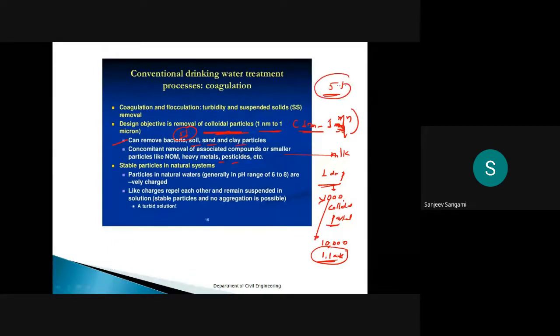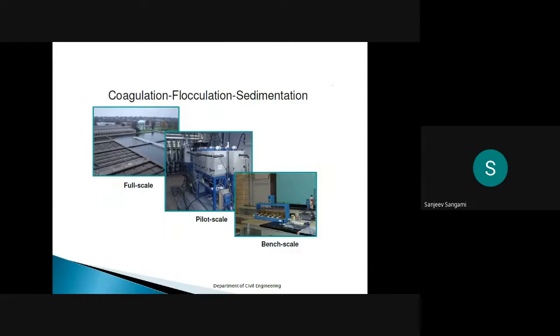You can remove all these things up to 5%, but majorly it is to remove the colloidal particles and some of the stable particles, which are negatively charged as well as positively charged. So this is how it is in full scale.